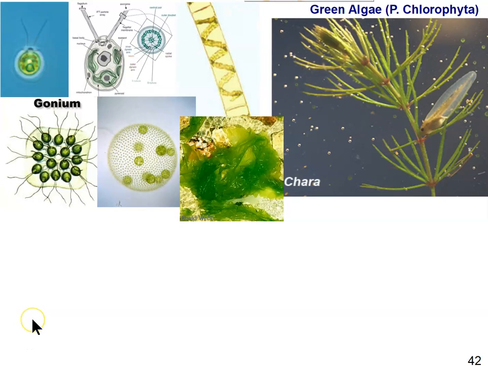Okay, if you'll recall, we're reviewing the three phyla of algae that have multicellular members. And we've already looked at Phaeophyta, the brown algae, and Rhodophyta, the red algae. So now we're going to take a look at Chlorophyta, the green algae. Chlorophyte algae are an important group for two reasons. They really show the evolution of multicellularity, and they also have very close common ancestry with plants, as you might